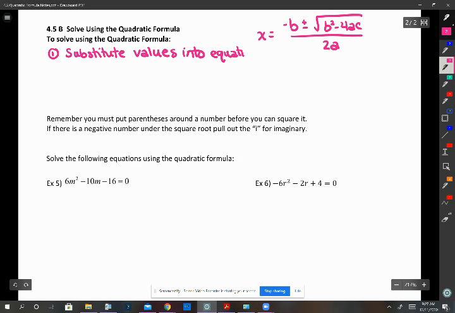We're going to substitute our values into the equation. The second thing that we're going to do is we're going to just do the discriminant part. So I'm going to write find discriminant. Which remember is the b squared minus 4ac part. And then we're going to simplify